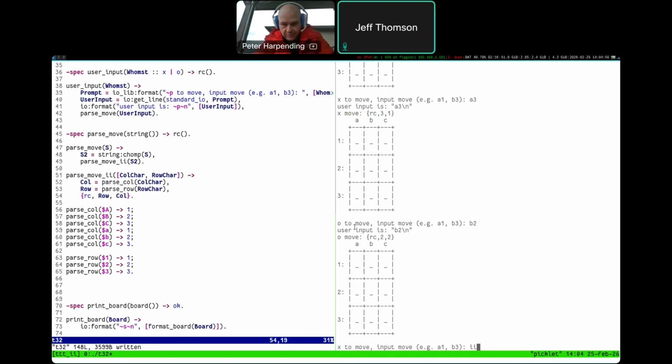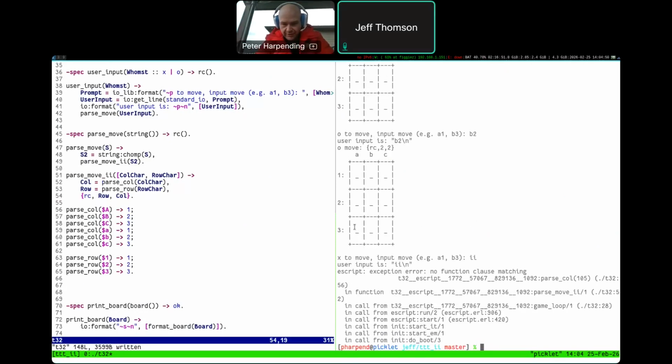You skip your turn? It's just going to crash the program, right? So given that this is going to be a common thing, this is why I was saying I actually want to redo this to think about it a little bit more carefully. Okay, so